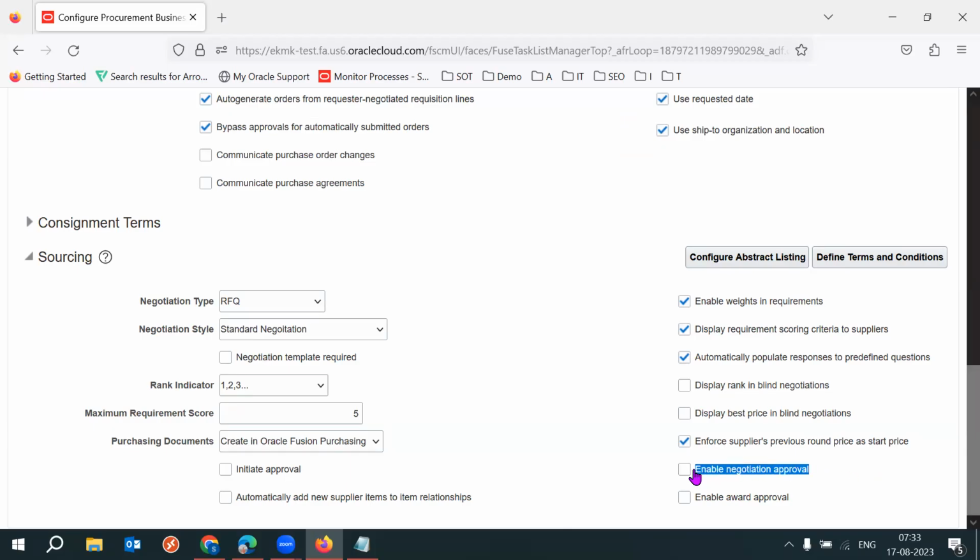So RFQ approvals, if you enable this checkbox, after you create the RFQ and submit for approval, it will go to the approver according to the rules that you configured. Okay. This is award approvals. Award approvals is nothing but, we are identifying the best quotation, right? During that time also you can configure approvals. So currently these two are disabled. That's why our RFQ and our best quotation are automatically approved. I mean, we did not enable the approvals for it. And if you enable approvals for it,